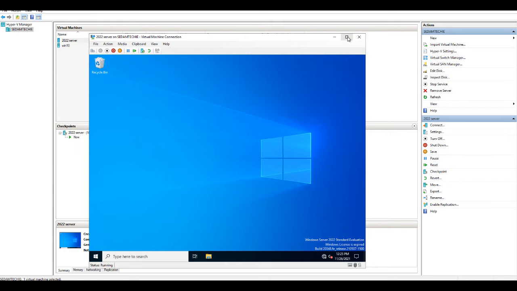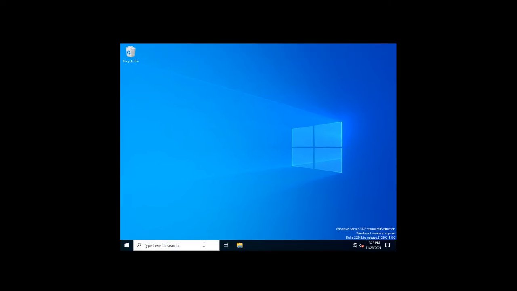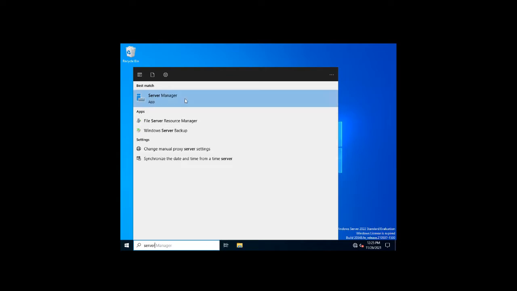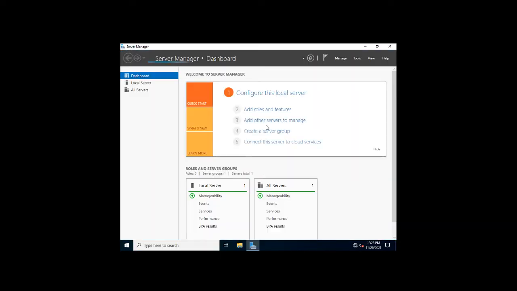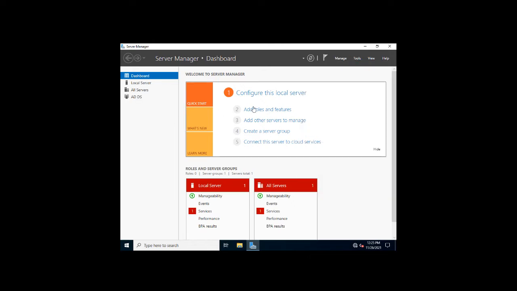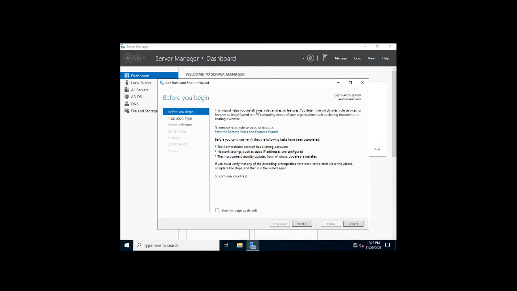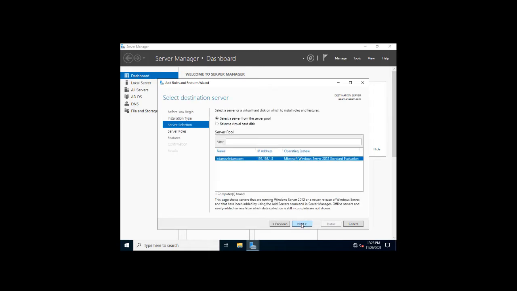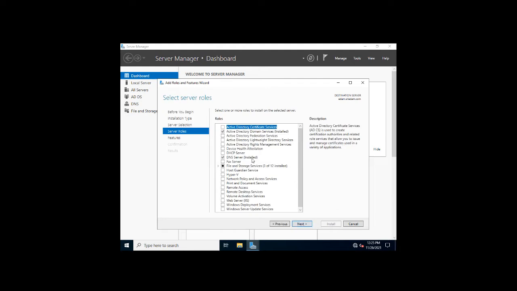So this is my server. To install, open Server Manager. Here click on Add Roles and Features. I already installed it on this machine, but I will show you how to do it. Click on next, next. Here you can see File and Storage Services.